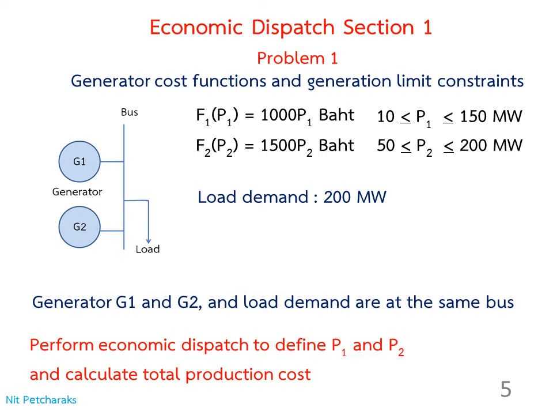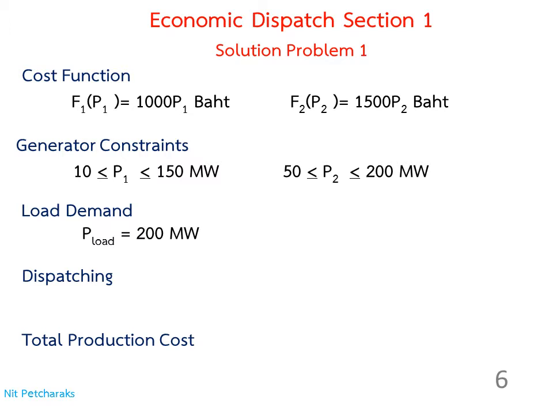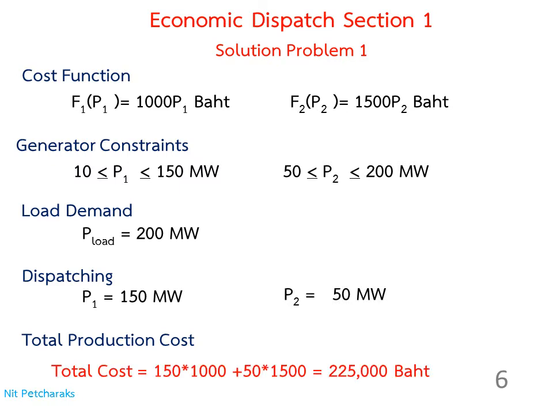Try to dispatch this problem and calculate total production cost. G1 is cheaper, but it could produce only 150 megawatt, whereas G2 must produce at least 50 megawatt. This results in total production cost